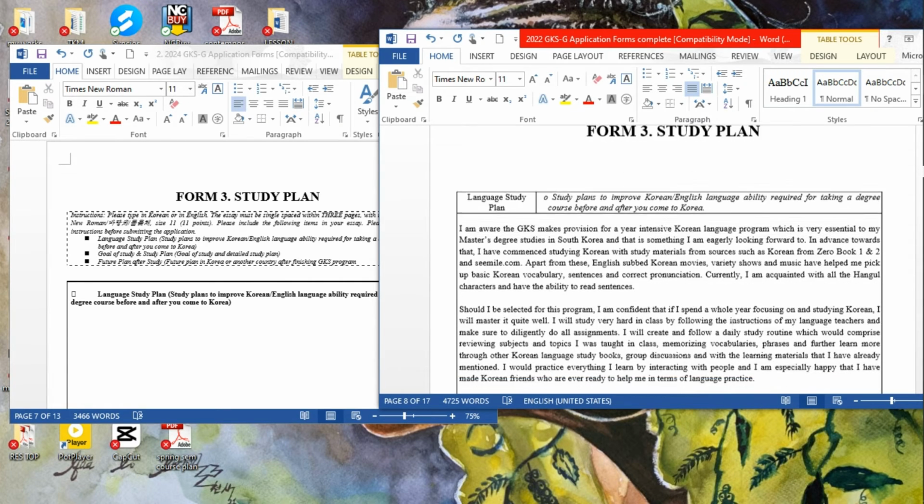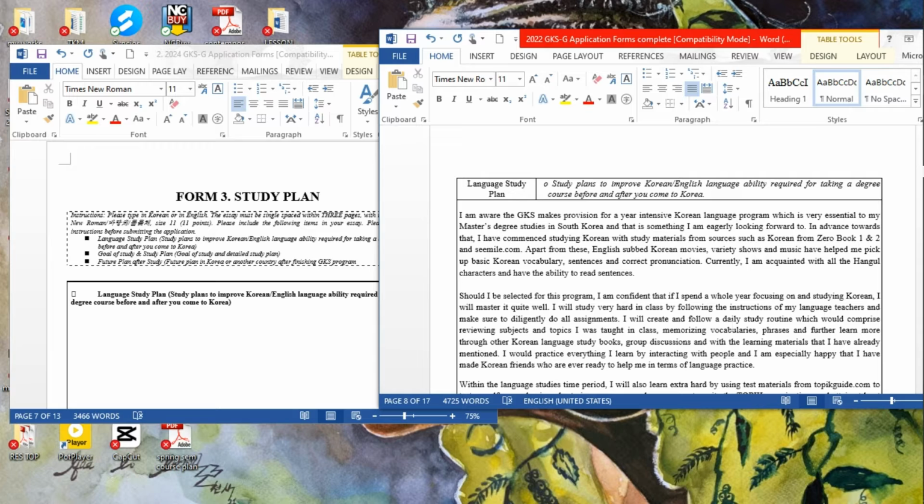We'll start with the language study plan. It says, study plans to improve Korean or English language ability required for taking a degree course before and after you come to Korea. They are saying Korean and English. However, when you're writing, put your direction more on Korean, because most of the universities here teach in Korean.